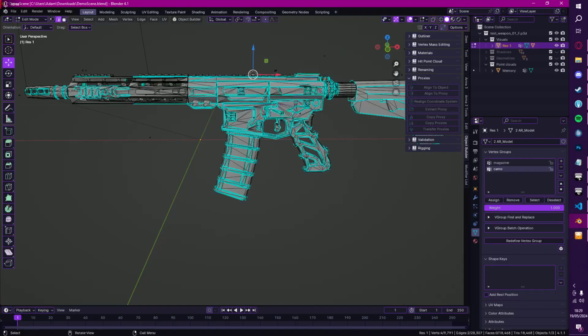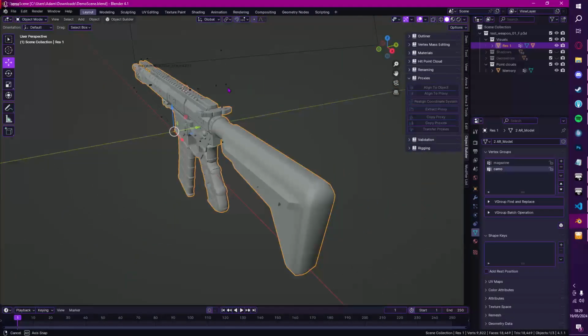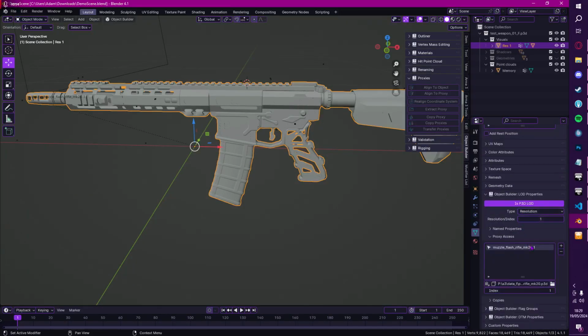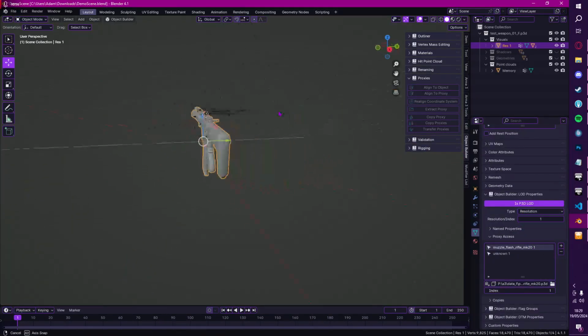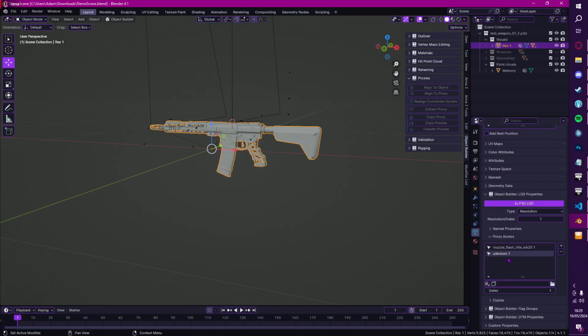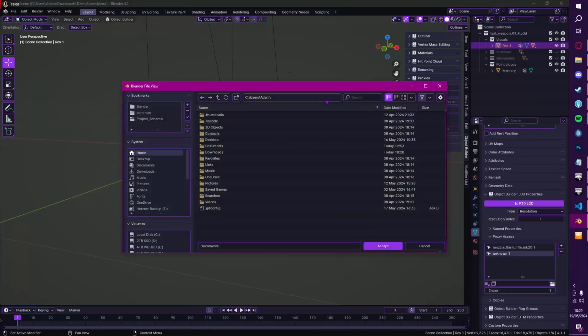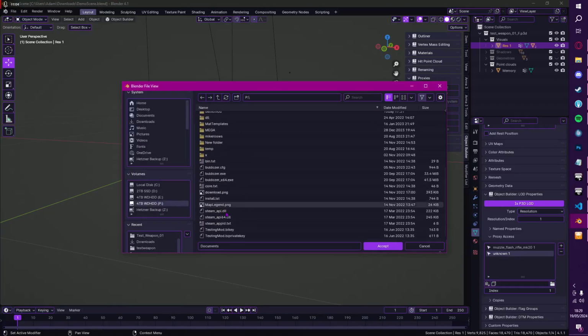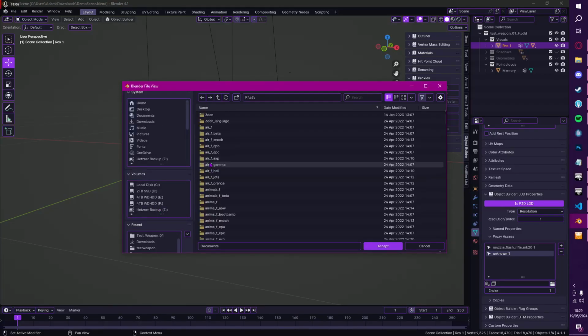Shift S, cursor to selected, should now be roughly around there, and we can now scroll back down, do another plus, and we now have a new proxy that we can use. And now this one, you want to go back to your P drive, you want to go into your A3, data F. This time you want to scroll